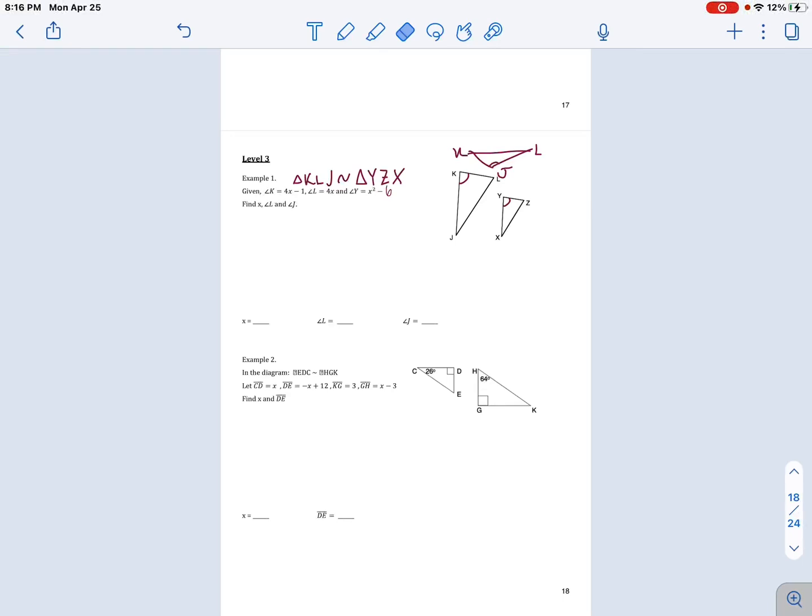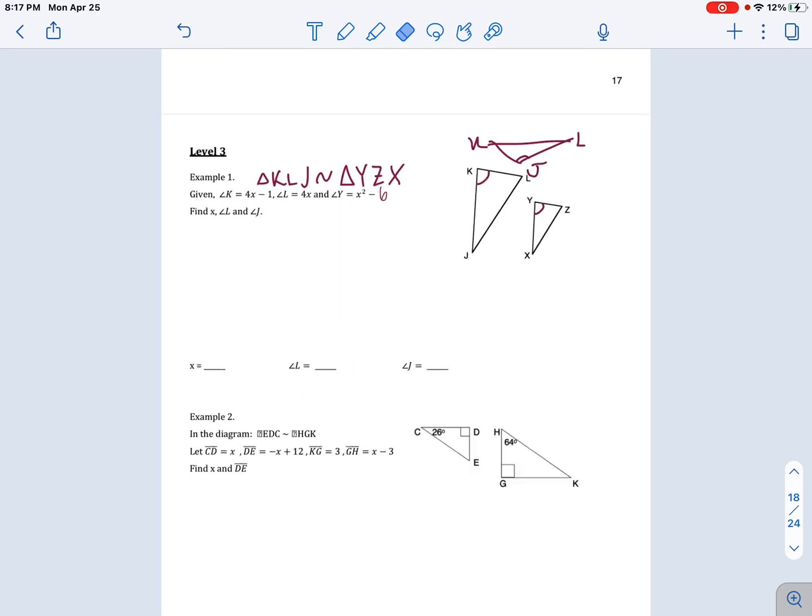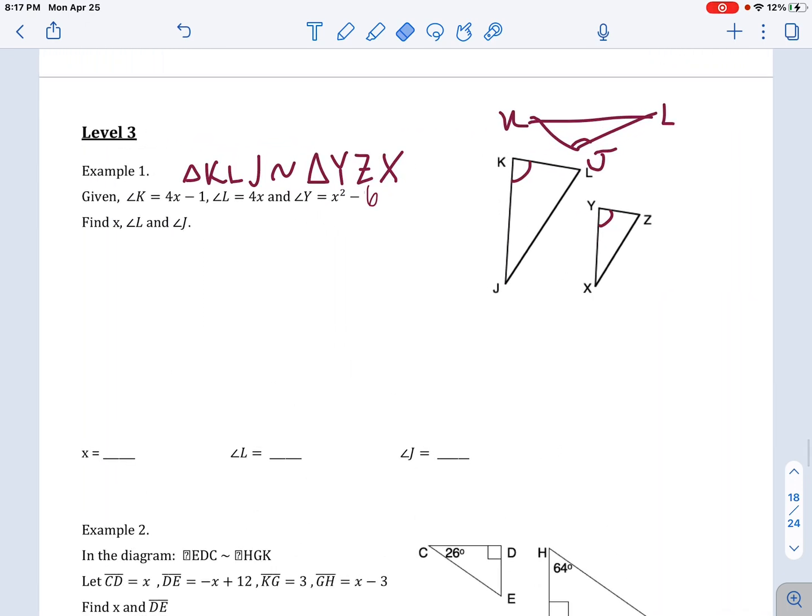Hey guys, so today we're going to work on some stuff for level 3. This will be the last level in 5-2. So we are going to use our knowledge of factoring and everything that we've learned about similar triangles in order to solve these problems. So for example 1, the first thing I want you to do is to write that